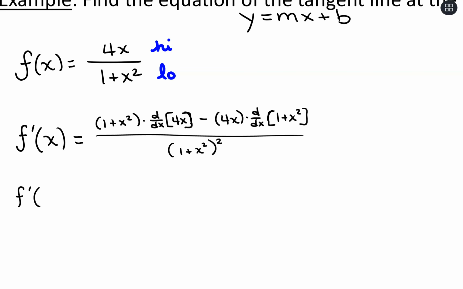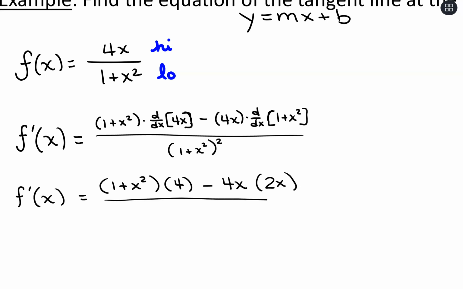Okay, then I'm going to take the derivative. So I have 1 plus x squared times 4 minus 4x times 2x, all over 1 plus x squared squared. Okay, this is the stage I was talking about where we would start multiplying out and simplifying,